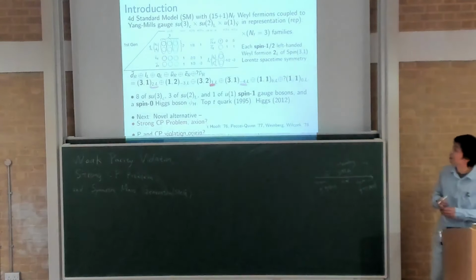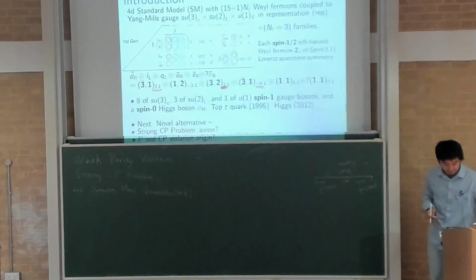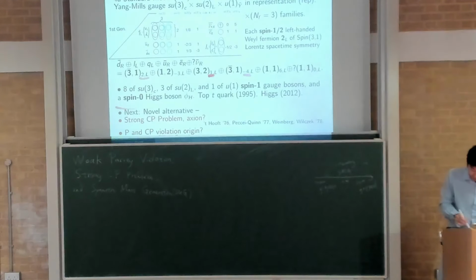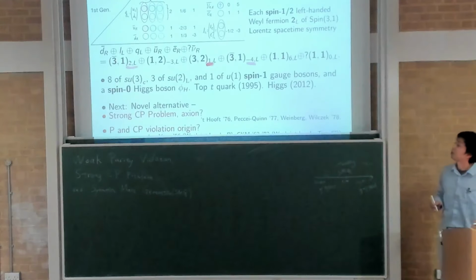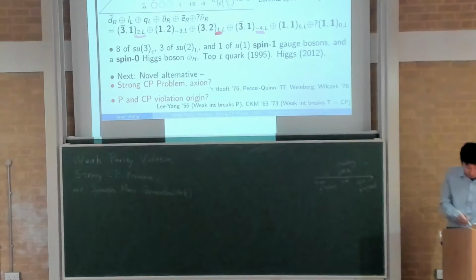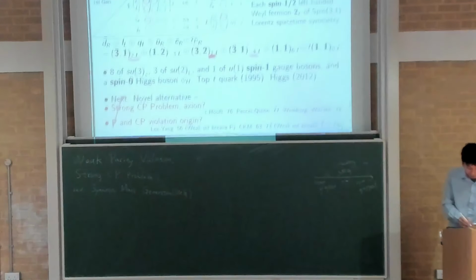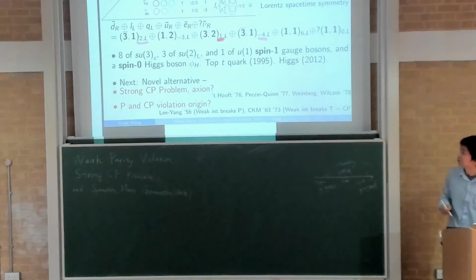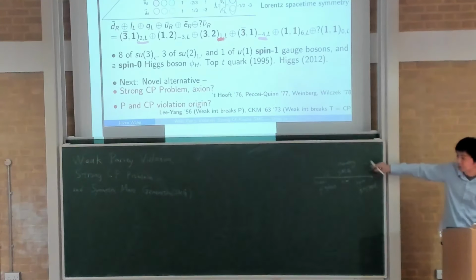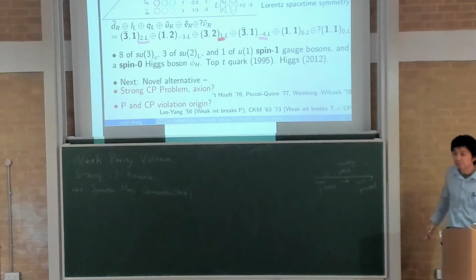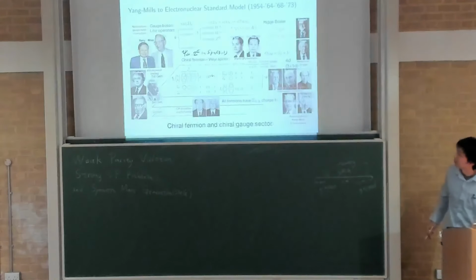So now I would like to mention that we are on pretty good ground, in that most of the things people predicted about the standard model have actually been verified, including the last newly found particles, the top quark and the Higgs, found in 1995 and 2012. But there are some parts which we will be concerned with today, namely the strong CP problem, and people actually try to give a solution based on the so-called axion. Also, I want to ask about P and CP violation, whether there are new hints, possibly from a symmetric mass generation perspective, which I will allude to. Okay, any questions? All right.